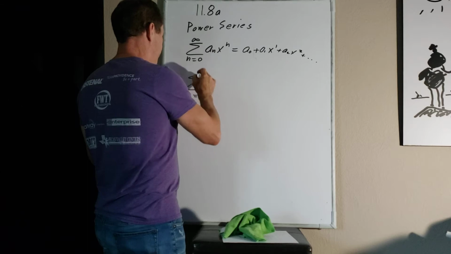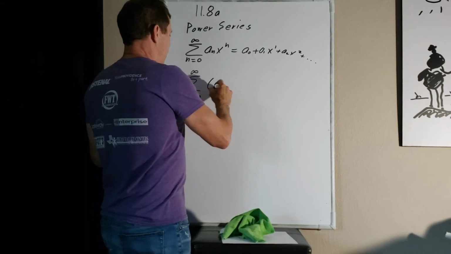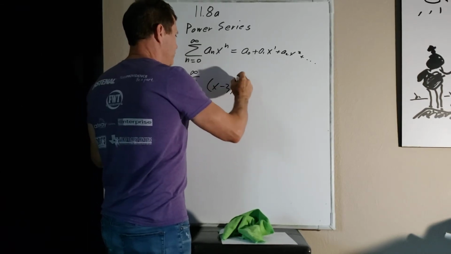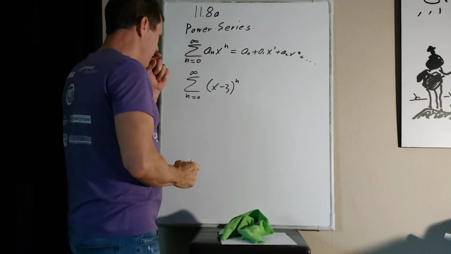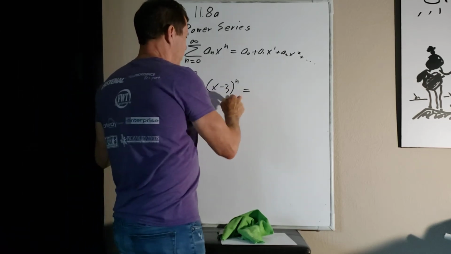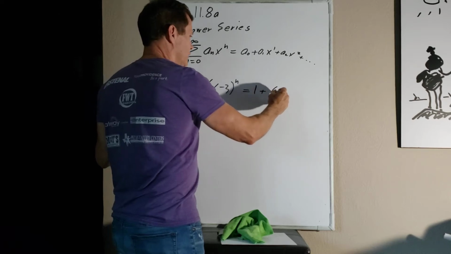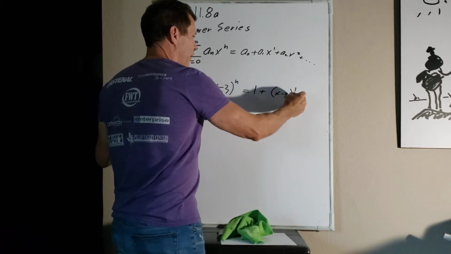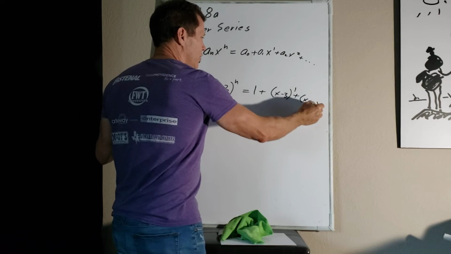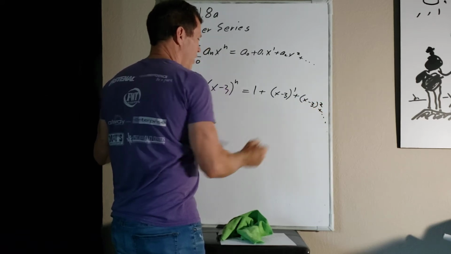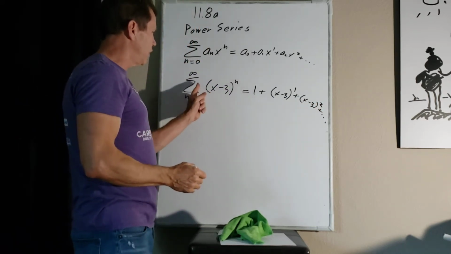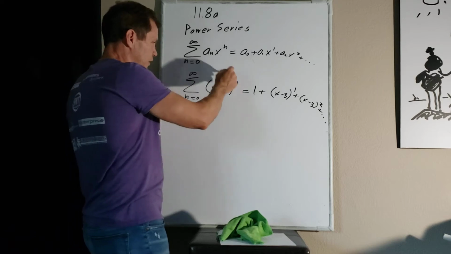So the sum from n equals 0 to infinity of (x minus 3) to the n, okay? And so what's this going to be? When you plug in a 0, that's going to be 1. You plug in a 1, you get x minus 3 to the first power, then (x minus 3) squared, plus, and it goes on forever. Now this will work as long as this stuff right here, here's your ratio,